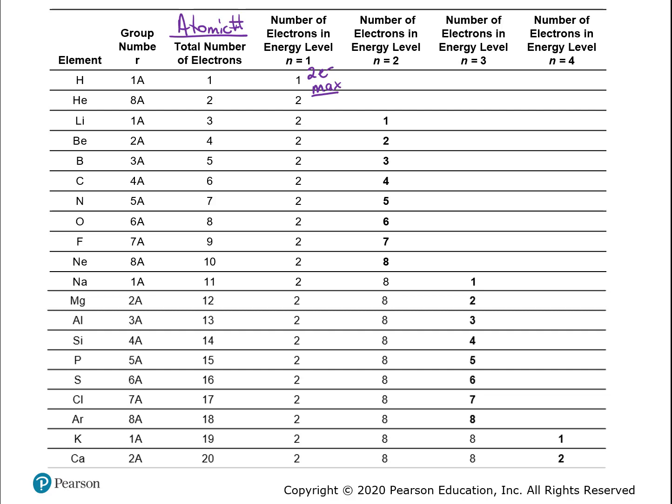The second energy level can hold up to 8. See how lithium has 2 in the first, 1 in the second, then beryllium is 2 and 2. Going across, boron is 2 and 3. As you go across, the number of electrons in the second energy level increases by 1 until we get all the way to